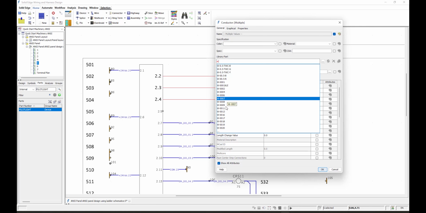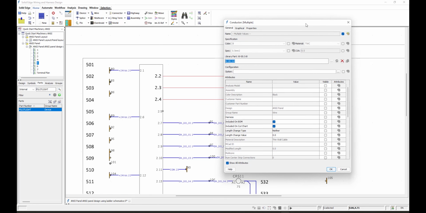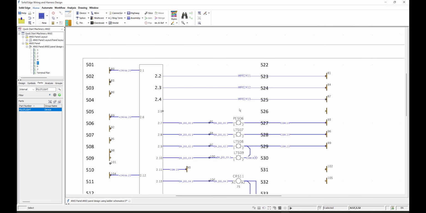You can see there's quite a bit of wires in here. I'm going to select delete. Select that one right there is fine. At that point, now I have a wire, it's got properties in it. Next thing I want to do is